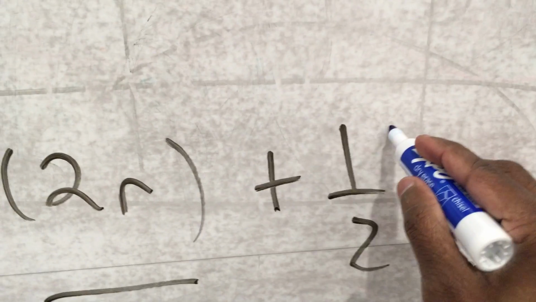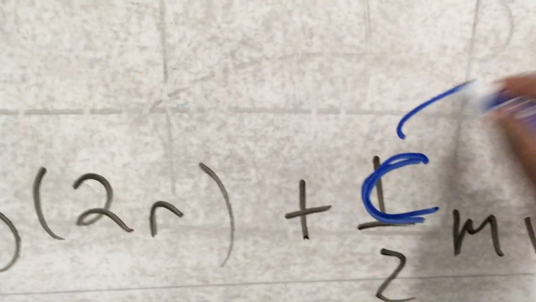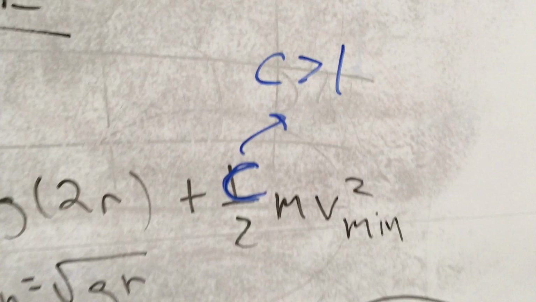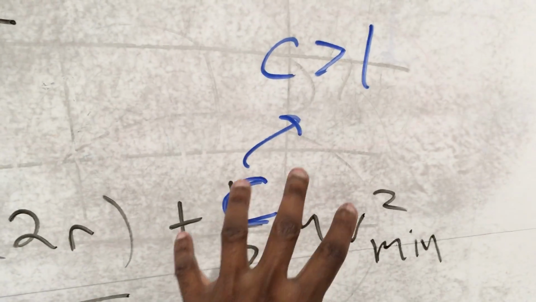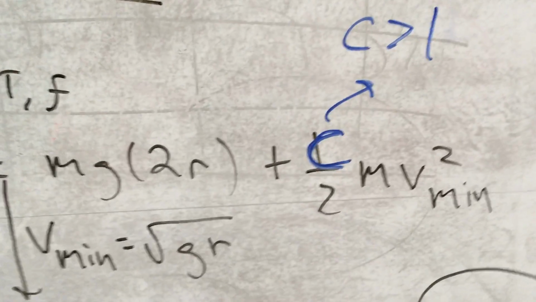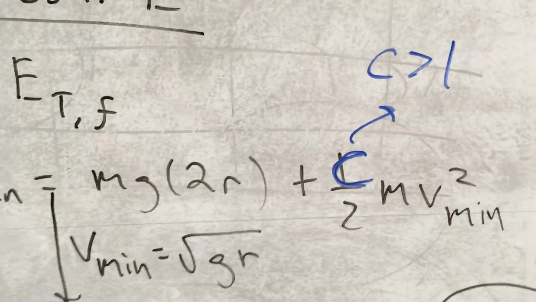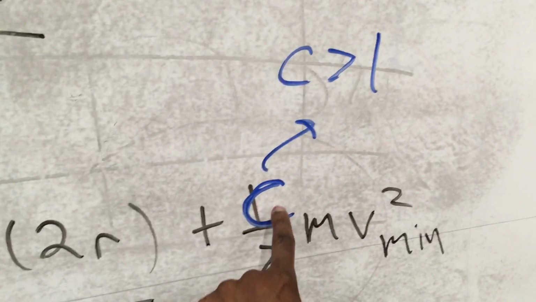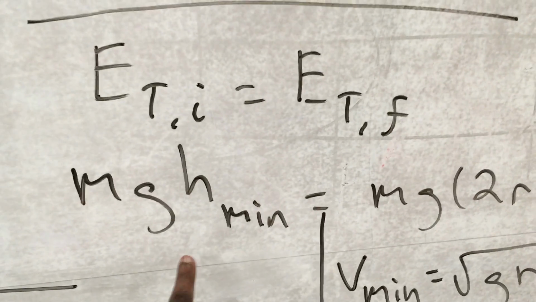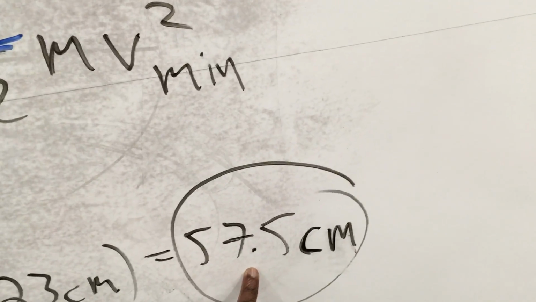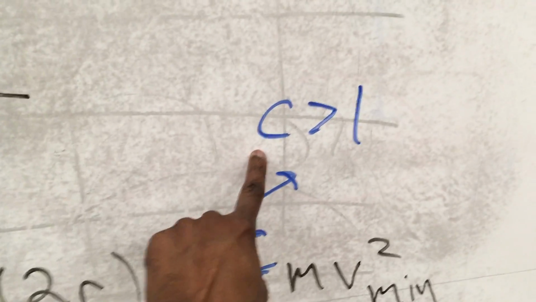So instead of 1, I'll put a constant here, c, where c is greater than 1. Okay? By putting this constant here, I'm allowing for the kinetic energy to be higher. That is, it includes both rotational and translational. But if I make the right side of this equation higher, then the left side has to be higher too, right? So if I increase the right side, that is, c is greater than 1, now my h min is higher. And so instead of 57.5, it actually becomes 62.1,